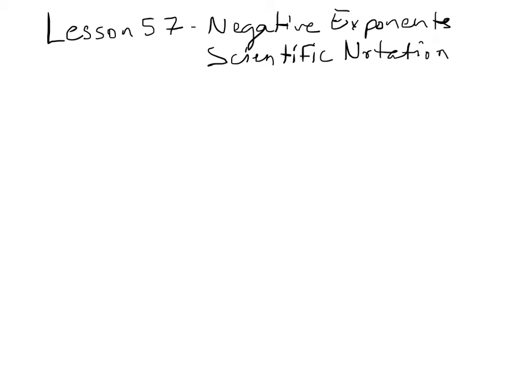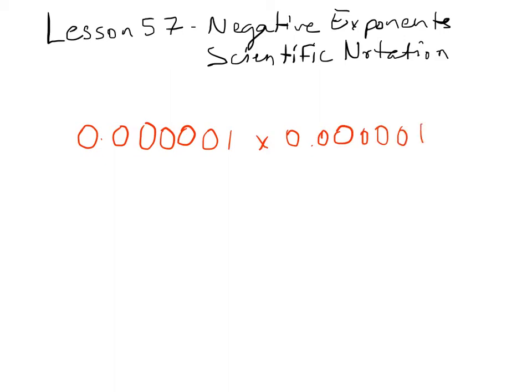In our opening part of the lesson, we read about a girl who multiplied these two numbers by each other on her calculator, and she came up with 1.0 times 10 to the negative 12. And we want to focus on how you can get a negative. Well, to put it